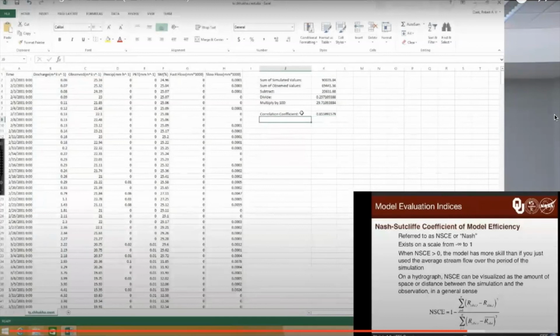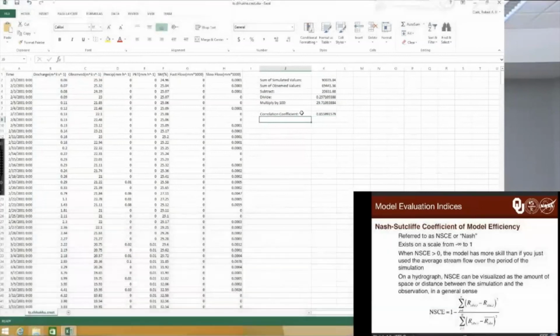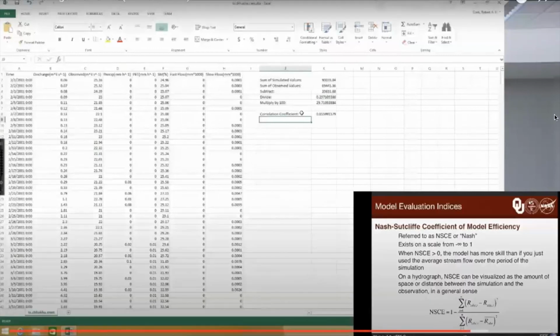Now we're to Nash, or NSCE. Nash-Sutcliffe Coefficient of Model Efficiency. Now you see why we call it Nash, because the full name is quite a mouthful. It is on a scale from negative infinity to 1. And so when Nash is greater than 0, mathematically,